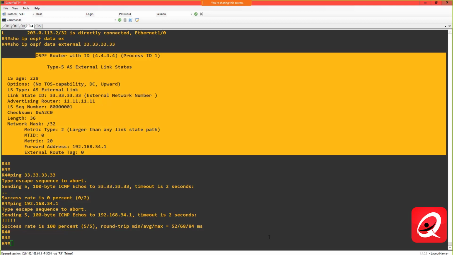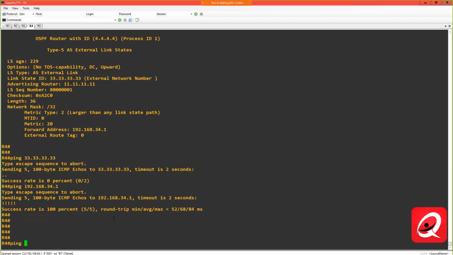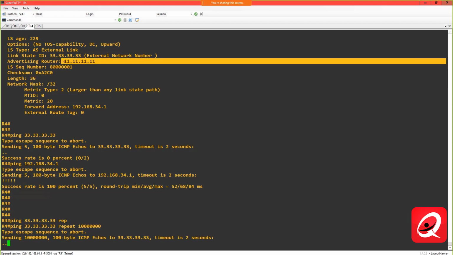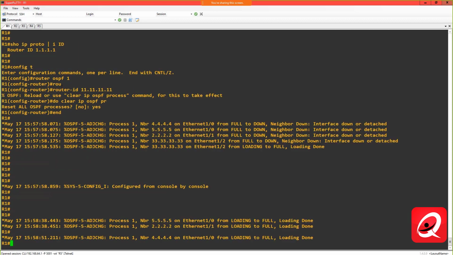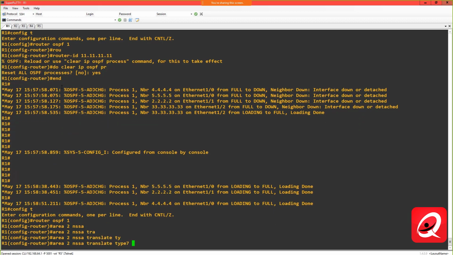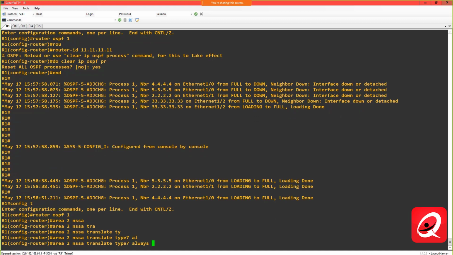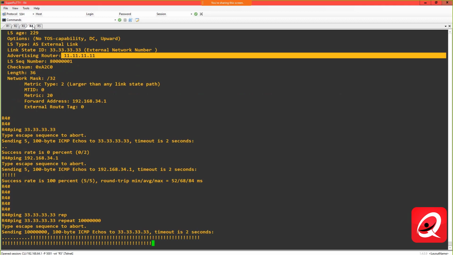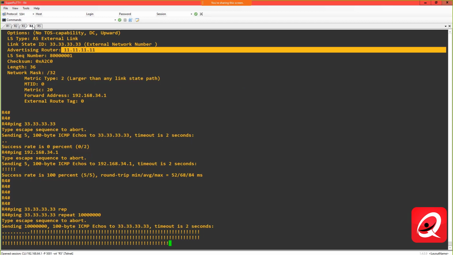We've already seen how router 4 works. If I do a ping to 33.33.33.33 with a repeat count of maybe 10,000 or 100,000, now if I go into router 1, remember, we have to do this on router 1 because router 1 is the one that's doing the translation. Router OSPF 1, and I type area 2 NSSA translate type 7 always suppress FA. Go back to router 4, now we have reachability. Right? So it happened pretty quickly,